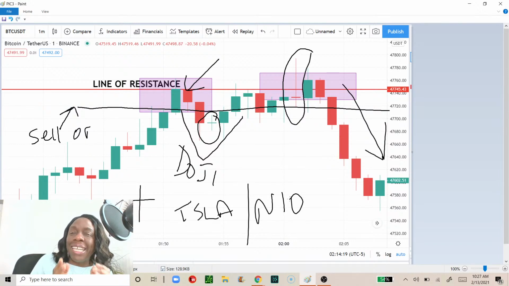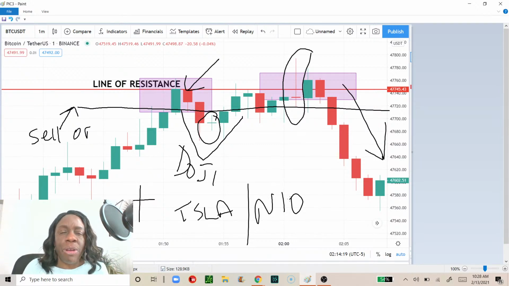But as a day trader, the definition of a day trader is you want to make some money on a day or within the space of a day. And for me, because I have other businesses I run, I have a time slot. That time slot is usually between 9 a.m. in the morning and 12. I want to make some money between 9 a.m. and 12. And if there is no opportunity for me to make money, the best thing I can ever do for myself is not enter into a trade.